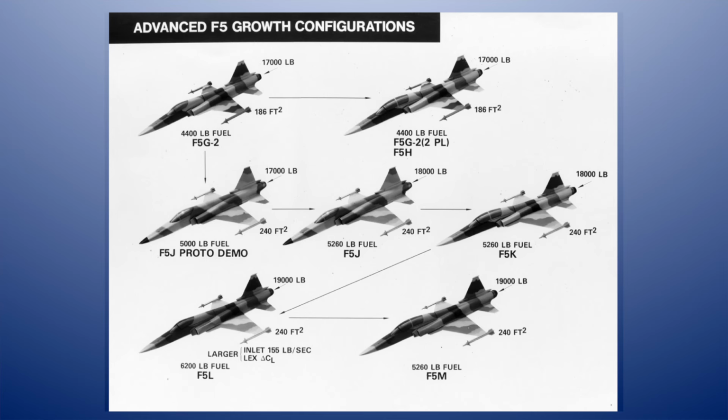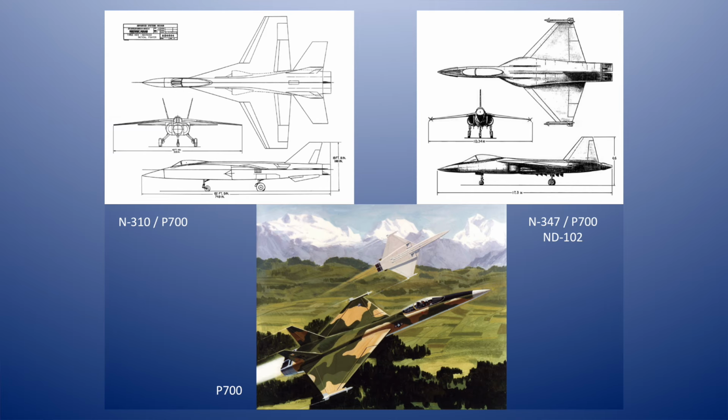But it went far enough for Northrop to explore various ways to improve the design. And there you can see larger wing, more powerful engines, kept the same basic configuration, but would have been a very, very impressive lightweight fighter. The third branch of this lightweight fighter story comes down to another export, and this would become known as the P-700. Now, this started off as a bigger airplane than it eventually wound up being, as you can see by